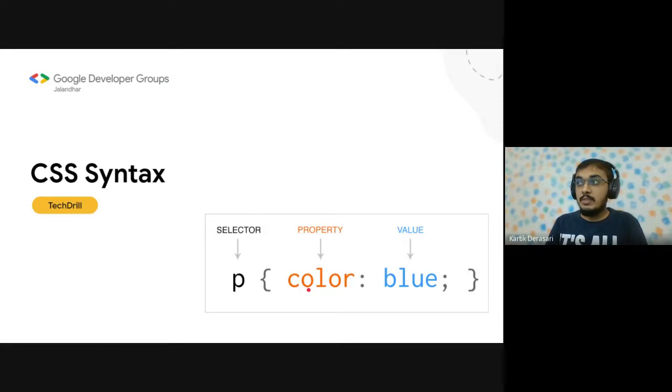The left one is the property. For now, we have color as a property, and it has a value, which is separated by a colon. Here we have the value as blue. So this CSS code simply means that we want the font color to be blue. We can also have multiple CSS declarations as mentioned, and all the declaration blocks are surrounded by curly braces. So this is the syntax for CSS.